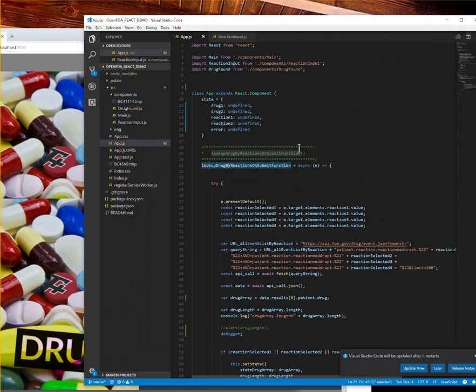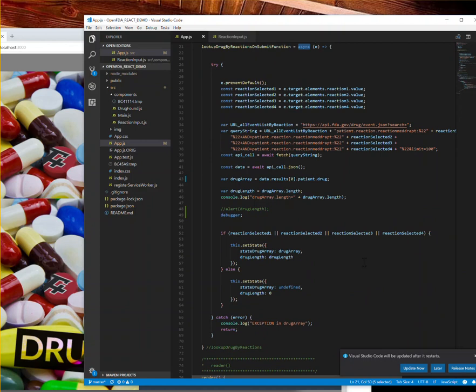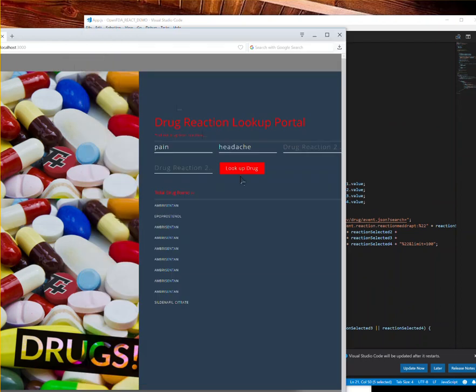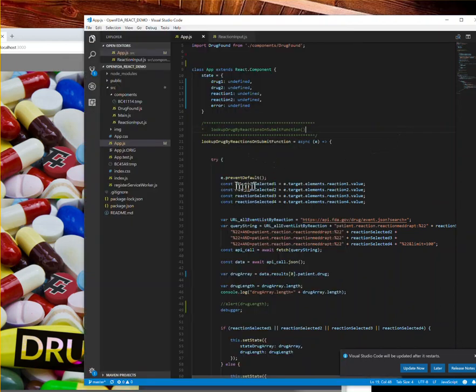Or function. Yeah, which is the async way, which is the React way of doing asynchronous. It's very simple and clean. So when you hit click, after you click the lookup drugs, it will grab these values from this target element, and